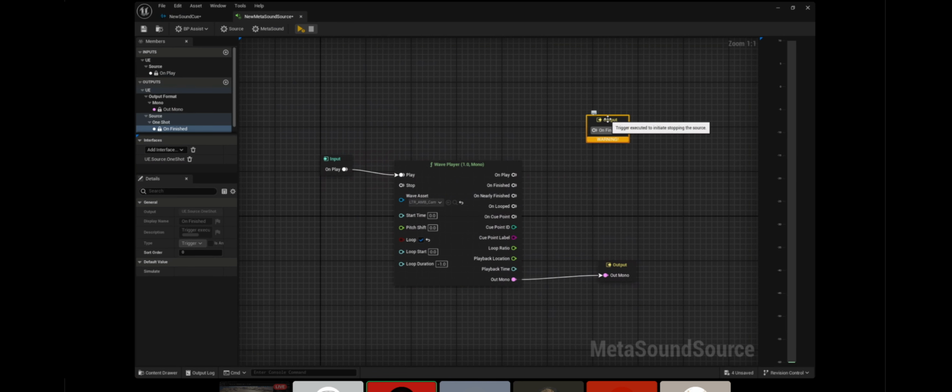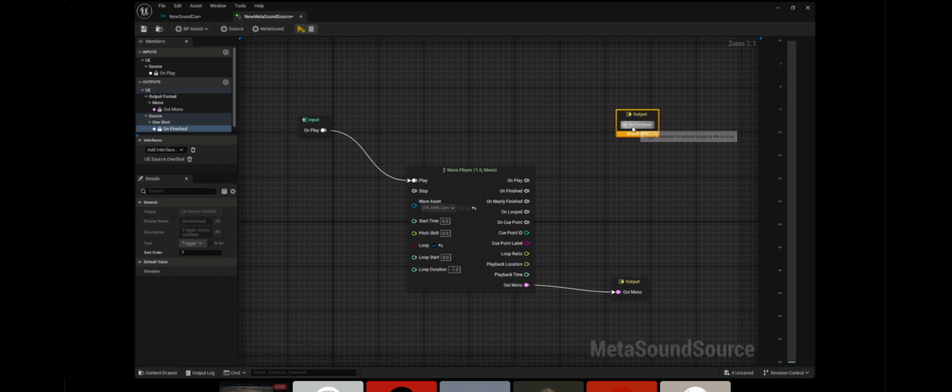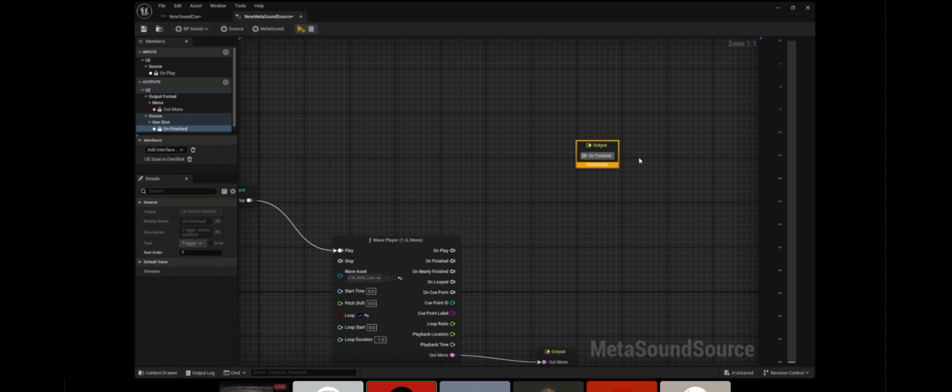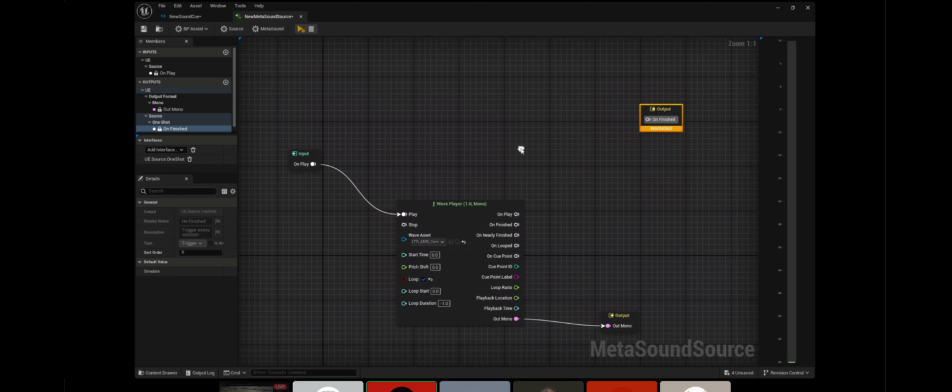So that's where it gets more complicated. You have to be careful of your output here. You have to be careful on when your sound finishes, and you can also trigger stuff from multiple places. So you can see there's a lot of stuff we can do. But the cool thing about it is that if I want to trigger a logic when I stop the sound, I can do that. Before it was all in Blueprint. So let's say I want to create a fade out of this sound. You know, when I press stop, it's going to go through like 3 seconds and stop it